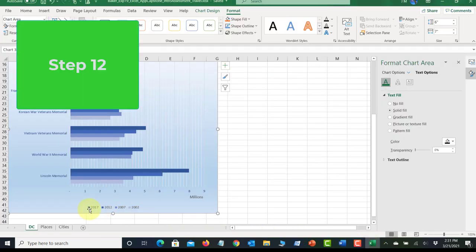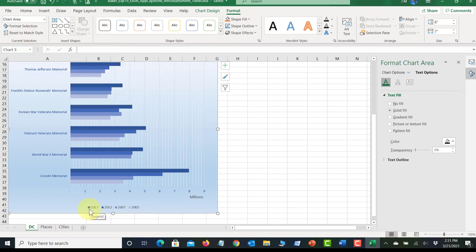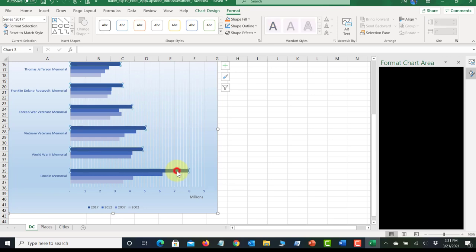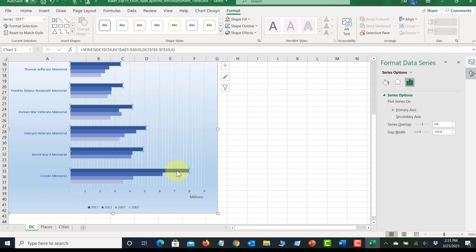And it said for the 2017 only. And that looks like this darkest blue color. But if I hover over the line, I get a little tooltip so that I can confirm that that is in fact the Series 2017. And when I click that, I want to just click it one time and then confirm that I have selection dots around that bar, but also around all of the other